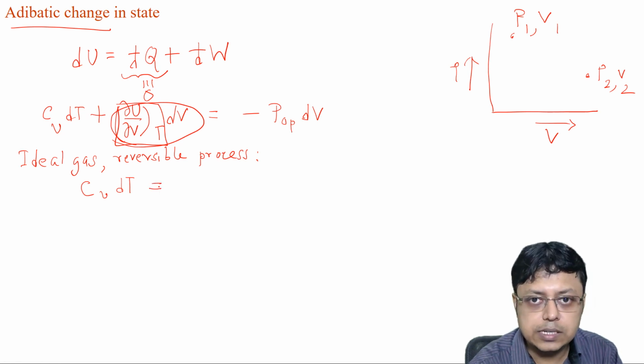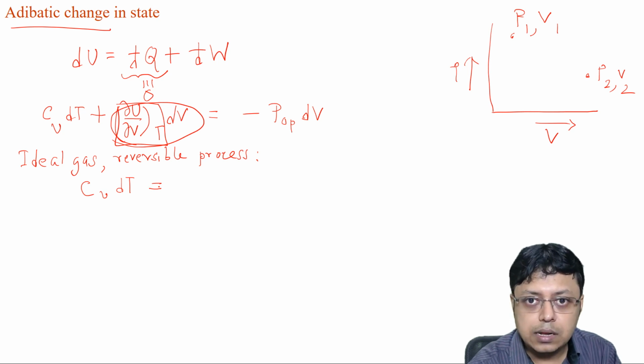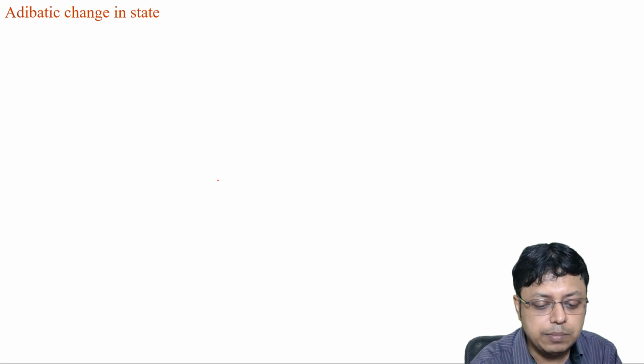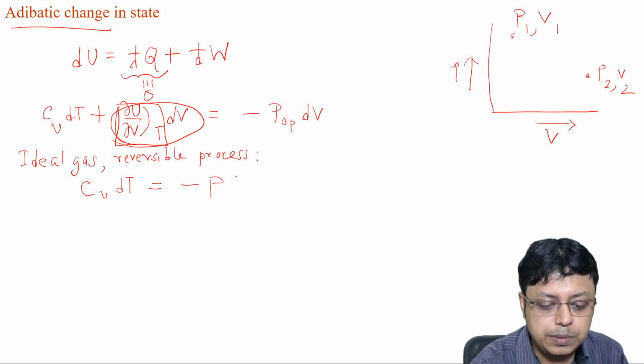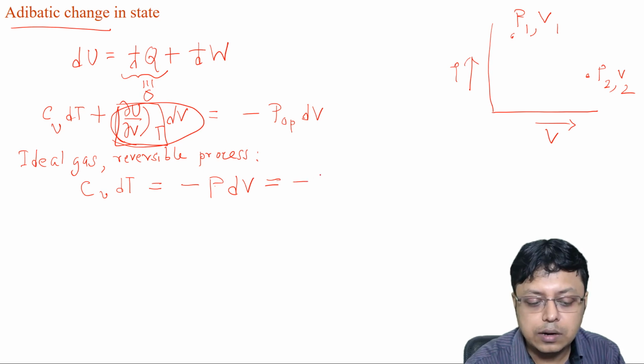But for a reversible change, remember the change is carried out by changing the external pressure by an infinitesimally small amount in each step, which means the transformation is done in a manner such that the system always adjusts to the external pressure. So the external pressure is nothing but the pressure of the system itself. So it is P dV, and using the ideal gas equation we can write